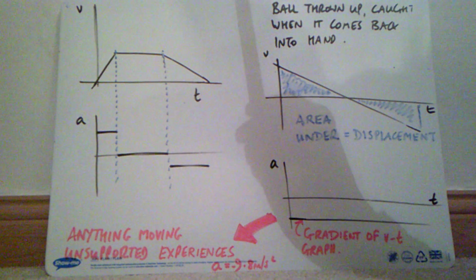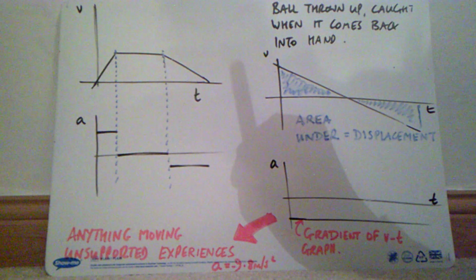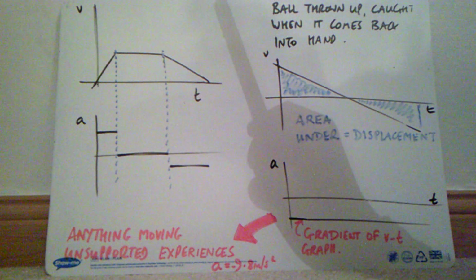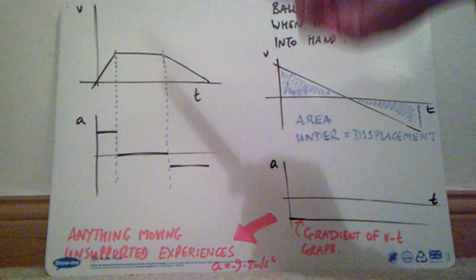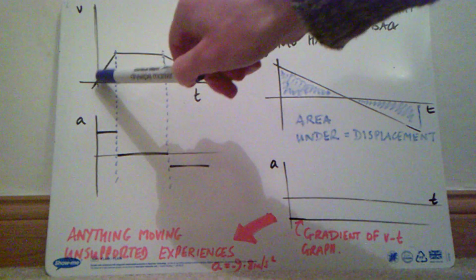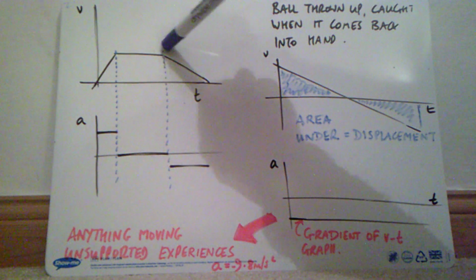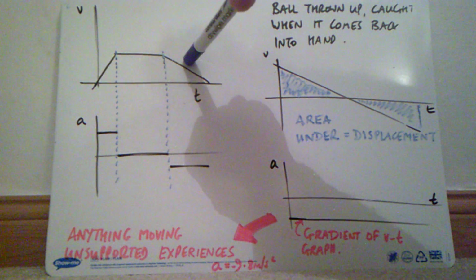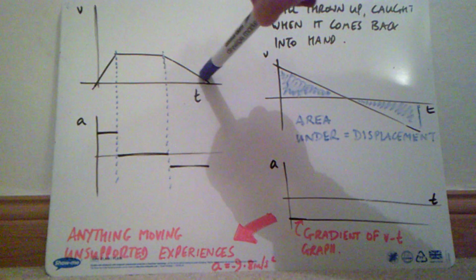At Nat 5 we only ever really dealt with speed time graphs. At Higher we've got the acceleration time graphs and the displacement time graphs. So here's your Nat 5 standard speed time graph. Here's a car accelerating, then it goes at steady speed, and then it decelerates, maybe at a slower rate than